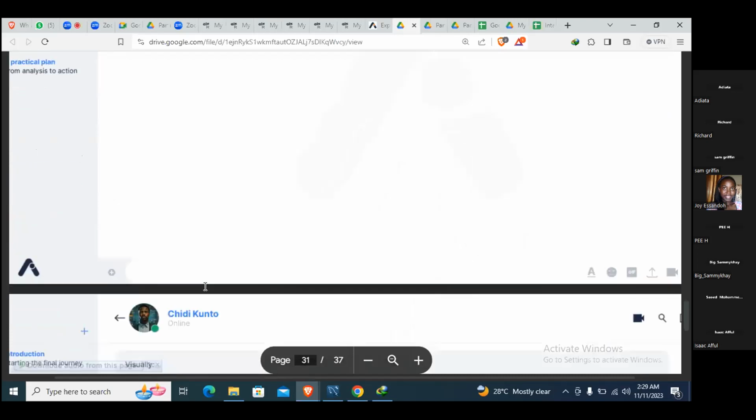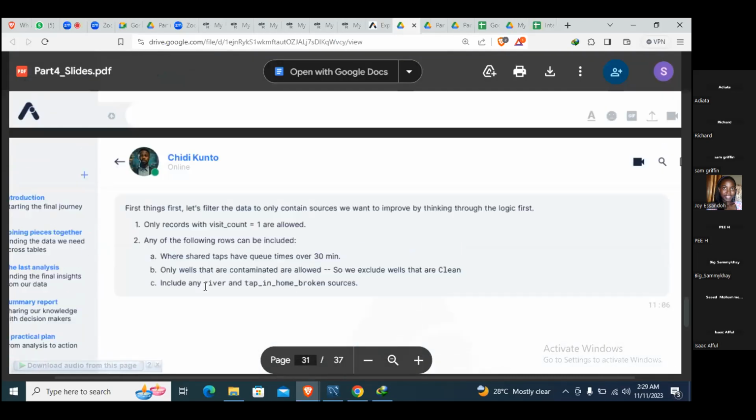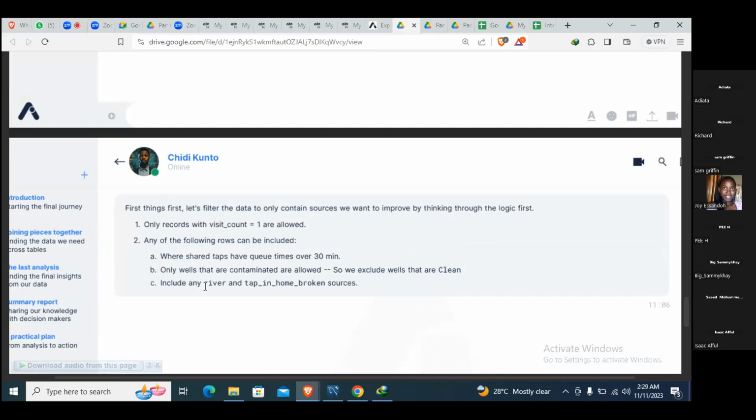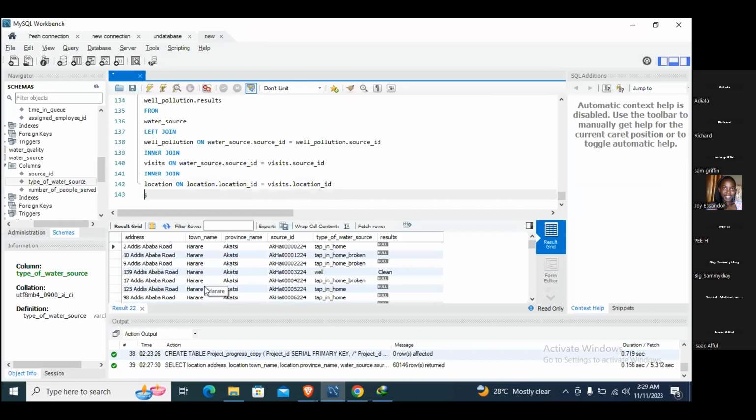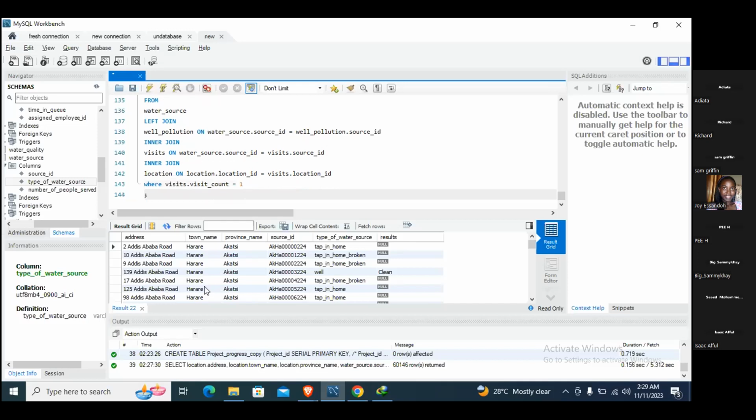Okay, so we'll be doing this in a minute. We are going to filter our data, meaning we need some where clauses in there, and set records where visit count equals one, only one. Okay, let's jump on there. So where visits dot visit count equals one, and then